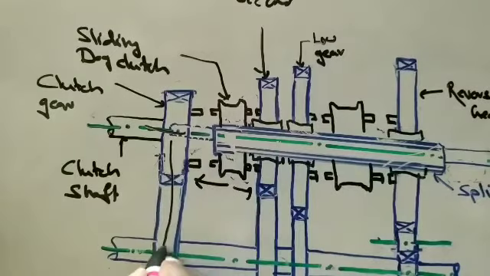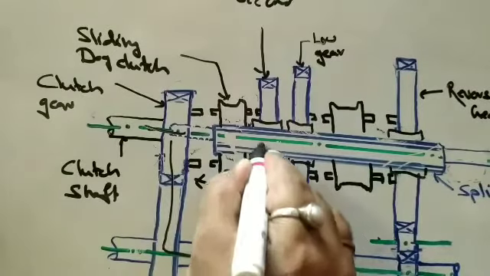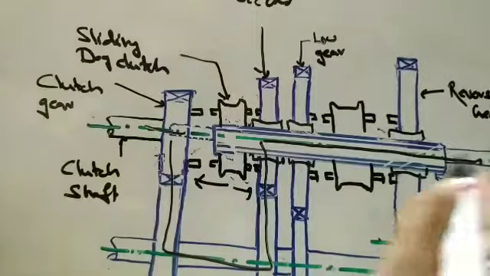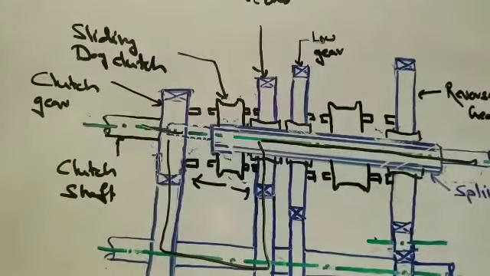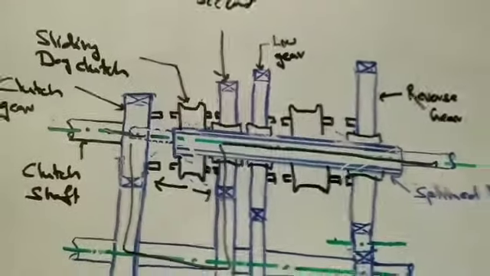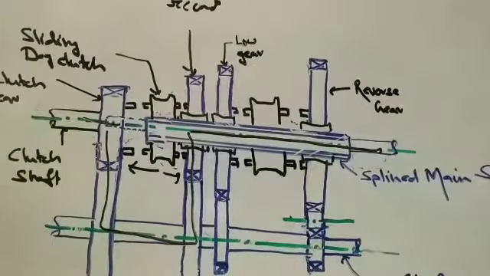Power then moves from here, it goes like this, and it moves in this direction. So what happens when the dog clutch moves to the right? It is engaged with the second gear, and the power moves like this. Now what happened when the second dog clutch moves to the left,